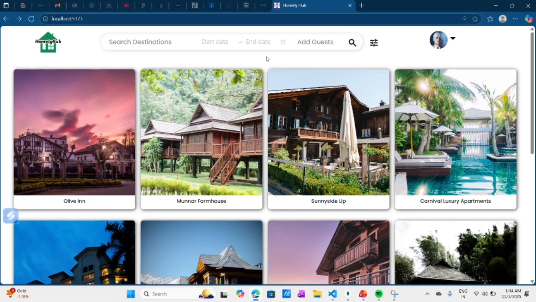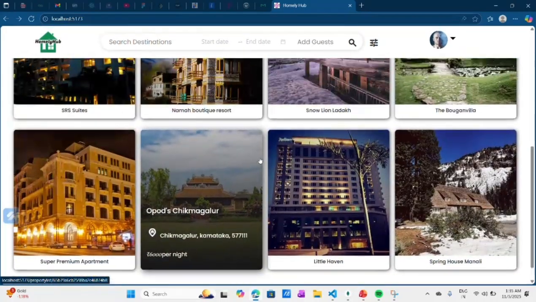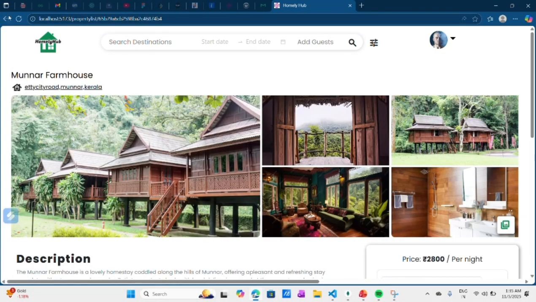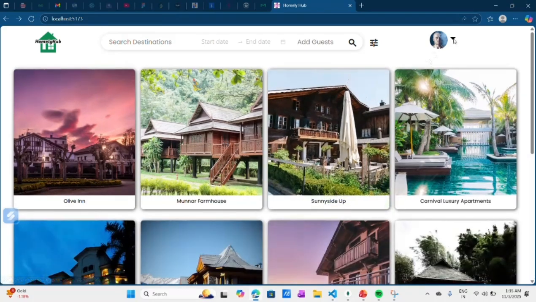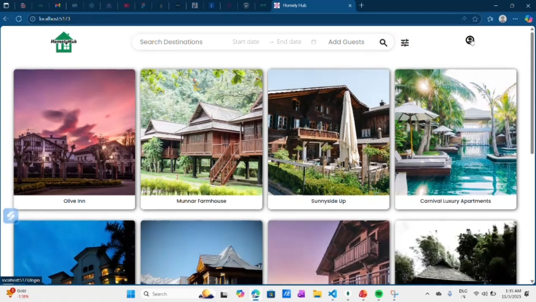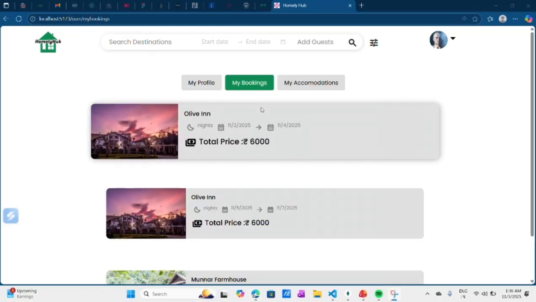This is my project home page, where you can see all the properties listed. If we click on this right corner option, here comes the login part, where you can type email and password, or anything you want, to submit for login. If you click on login, here you can see the my account and log out buttons.